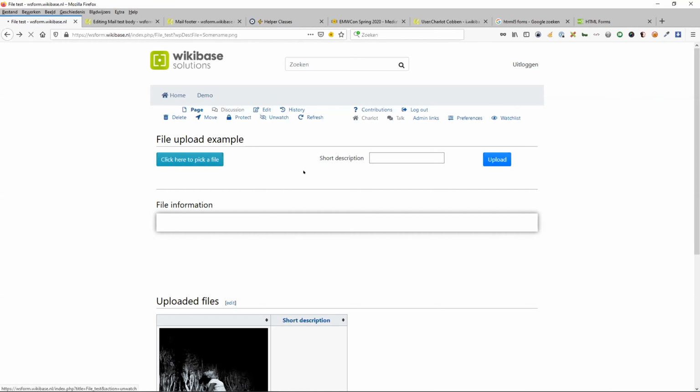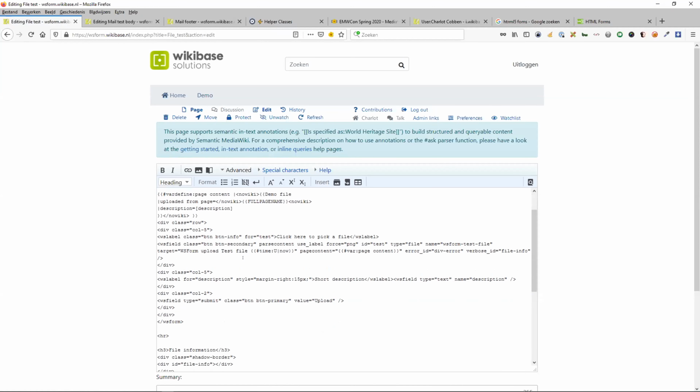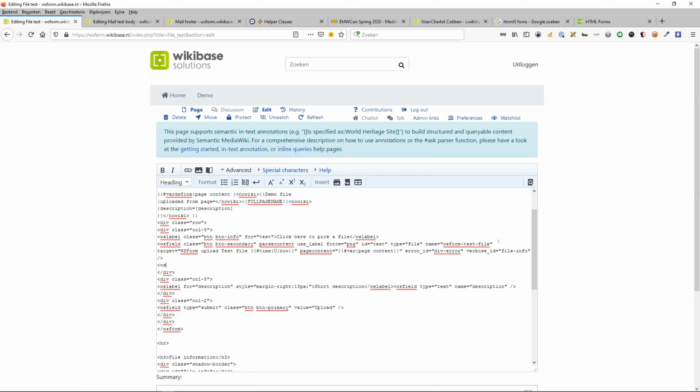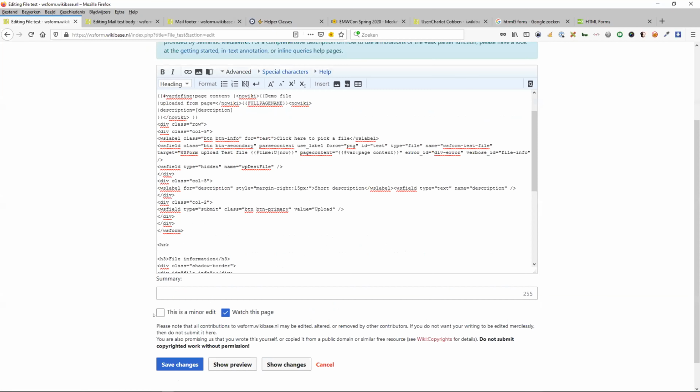So let's go in here and say you want to send this off with the mail, but you don't want people to see that. So we say WS field type is hidden. Name, there we go, is that name, and that's the only thing I need to do. So if I do that and I save,